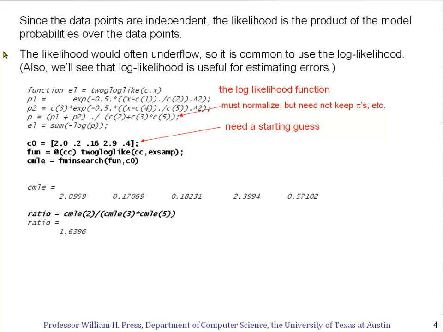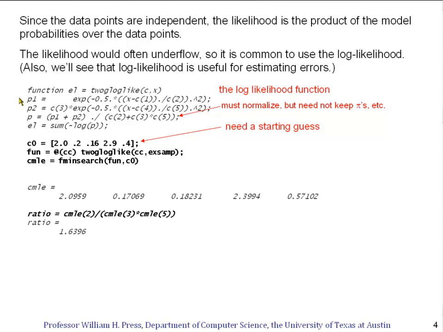So what does the log likelihood function look like? Here it is as a MATLAB function. L is the log of the likelihood, and it's going to depend on the parameters of the model, C, and on the vector of points, the data set, the vector of 600 exon lengths. So we want to evaluate the product of the probability of these x's in the model, which is the sum